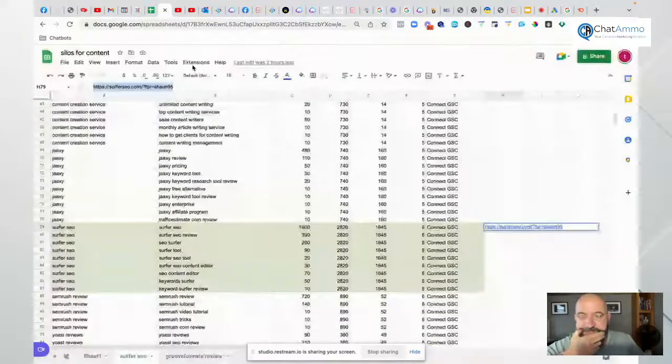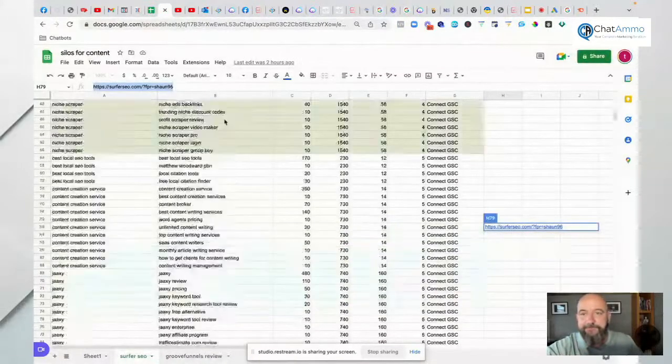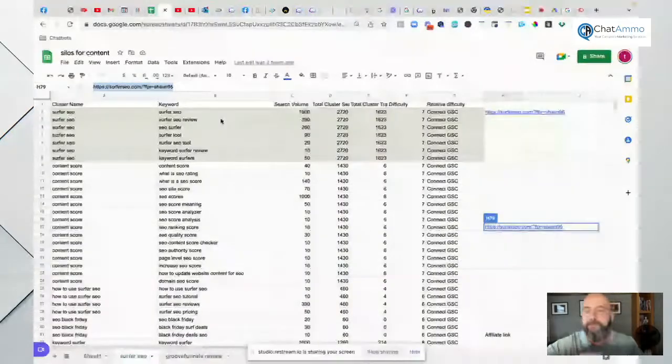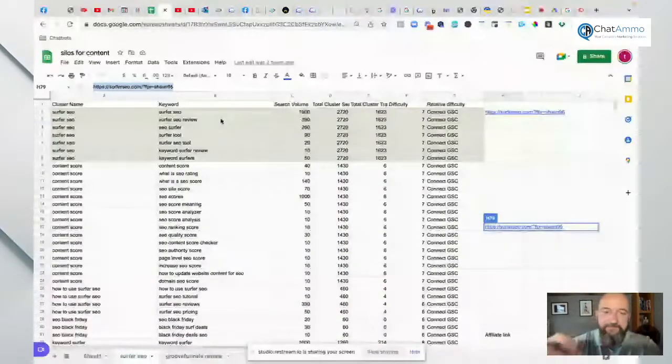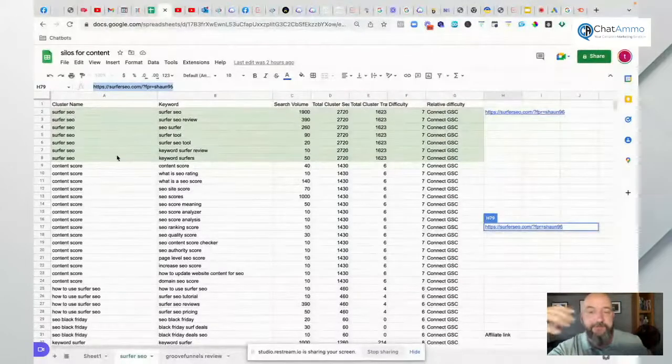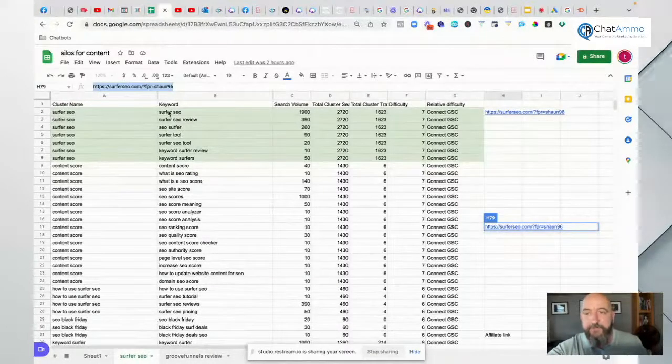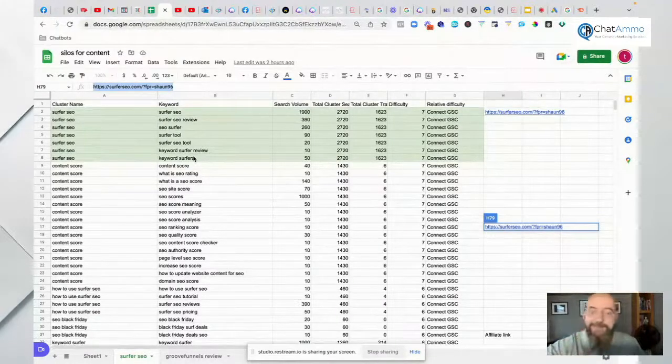So these are the search terms I need to do, per blog post. If I was doing a landing page, I would have all of these different search terms ranked towards us. Everything in green, as you see here, that's only one blog post. But what's going to happen is I'm going to start ranking for each of these particular keywords, which is pretty nice.